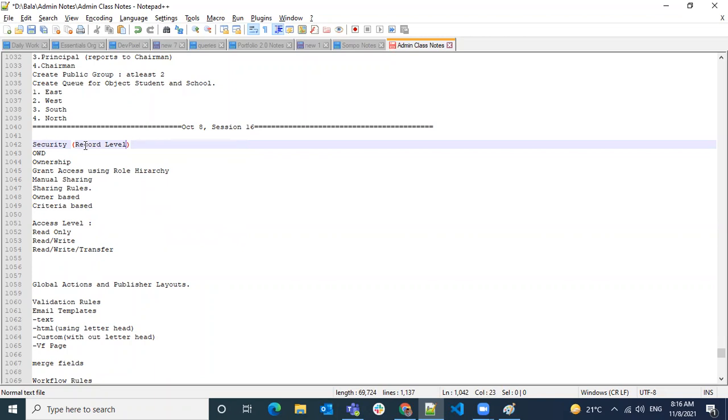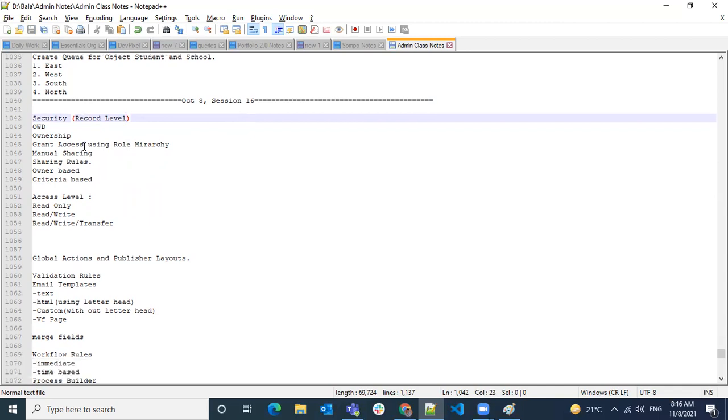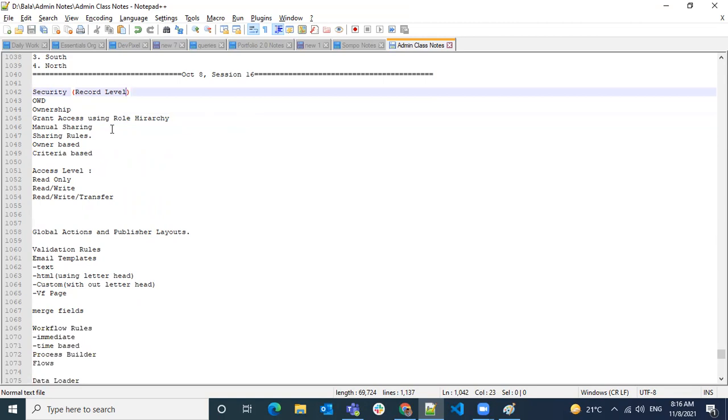So there could be an object level and a record level. These are the two things when you take security. So what actually does security mean here? When you have an organization like a Salesforce org, and you have multiple users in your org, and you want to control the visibility of the users, like the data visibility. So you have 100 objects, and in each object you have different fields. So you want to share the access to those objects and records in the objects based on certain conditions.